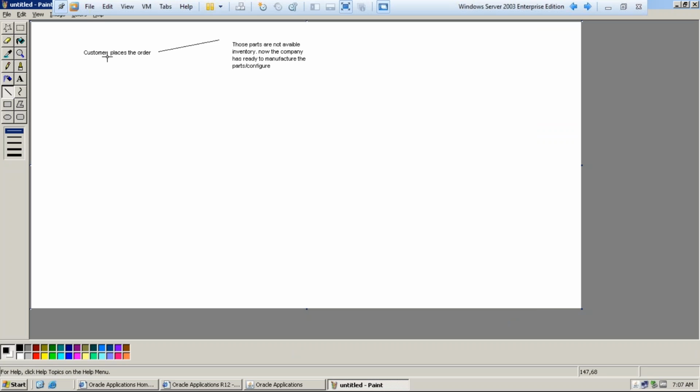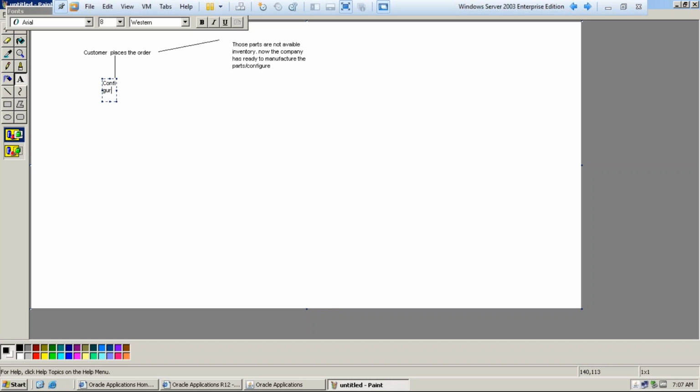Once the order is placed, next we need to come here and then we can select here to configure the order line. Once you configure the order line,